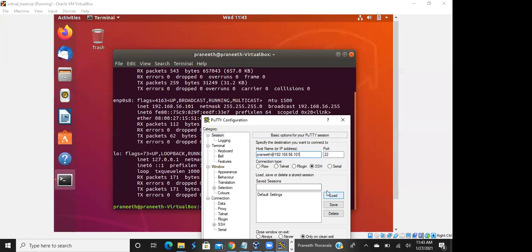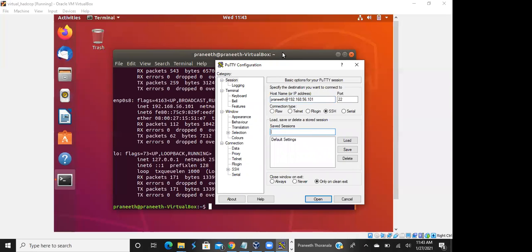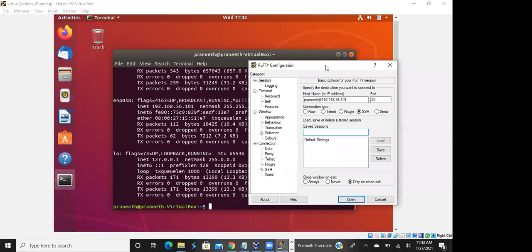There is a text box called saved sessions. You can give some name, like Praneeth VirtualBox or anything, so that you can use it for future reference. Okay, click on save, and click on open now.